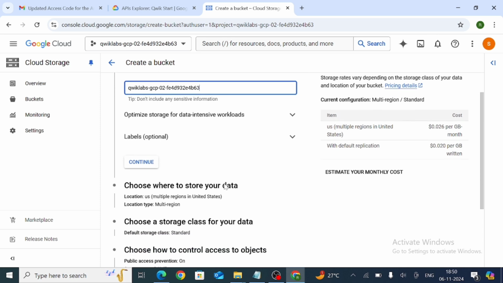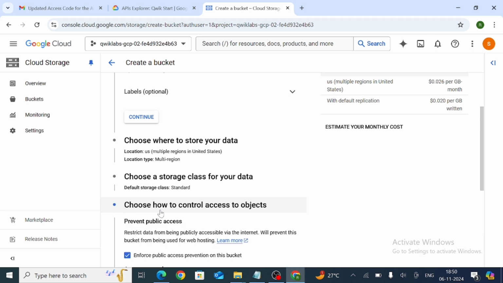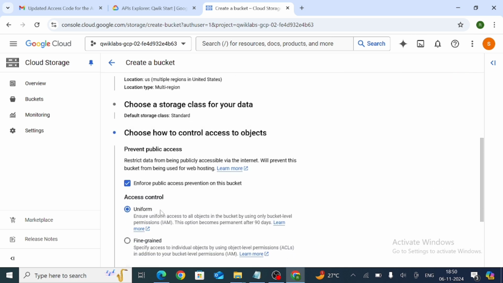Scroll down and choose how to control the access of object. Click on choose how to control access to object. Now uncheck this enforce public access prevention, this one, so uncheck this.